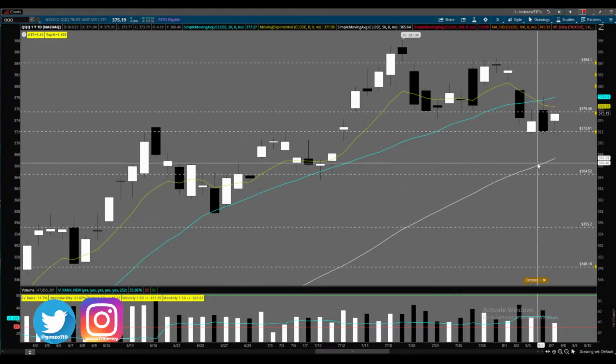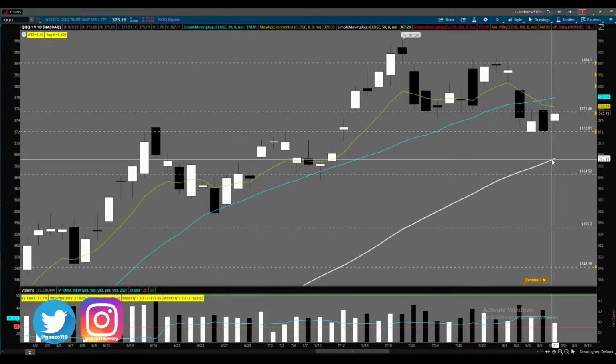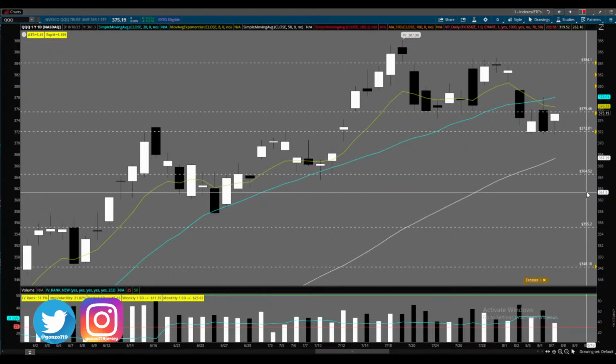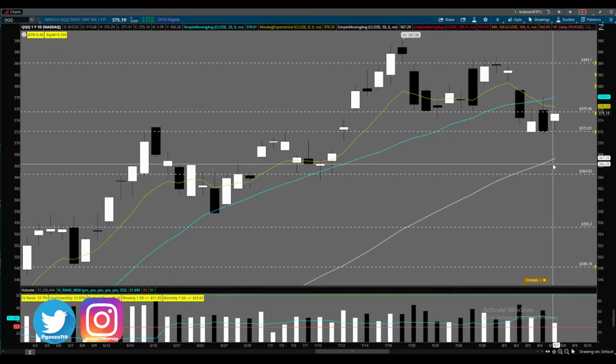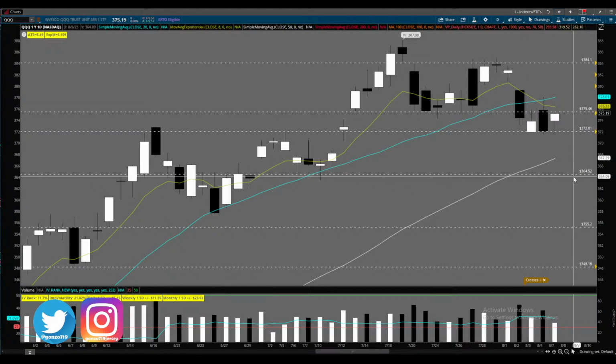Remember, I told you guys about that broken wing butterfly on the put side that I have. My target's 360, because if we tag here and we land up in here, I'll make more money. But if we don't, I'm going to pocket the credit. I almost have all the credit already, so the trade's working out good. All right, so we got that new level, 364.52.